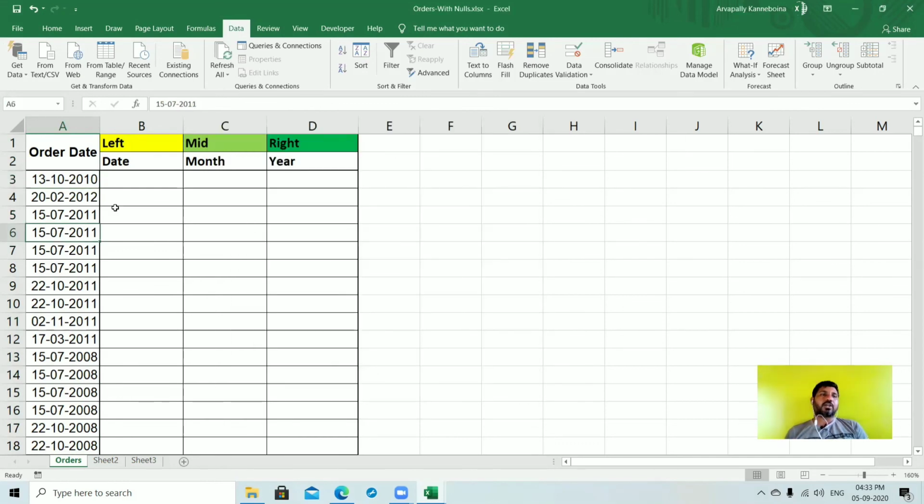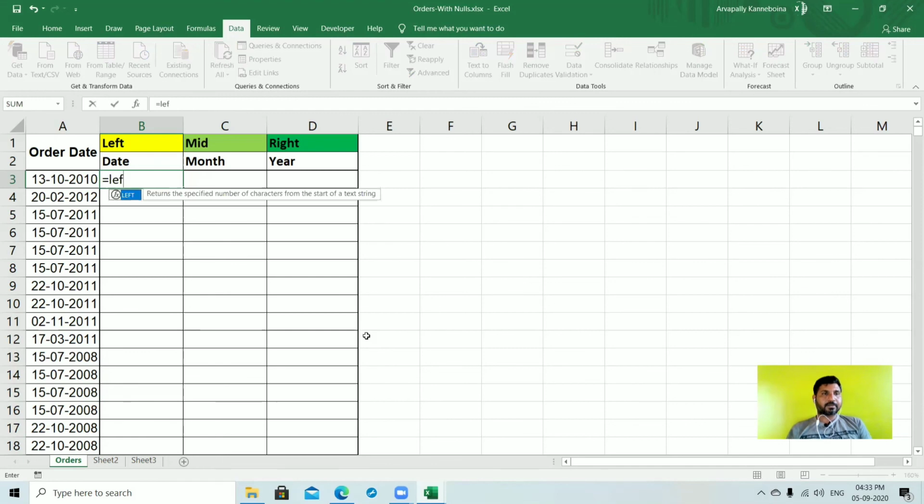Okay. Now write the formula for left for the first 2 characters. First 2 characters equals left, to the first starting 2 letters. We are getting 40.